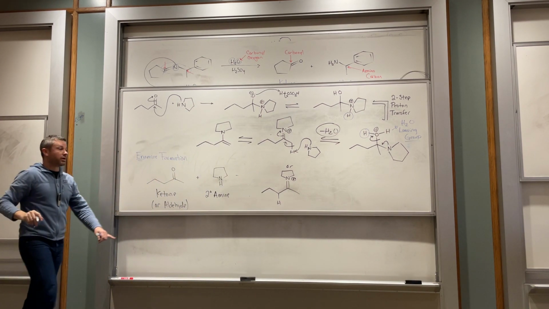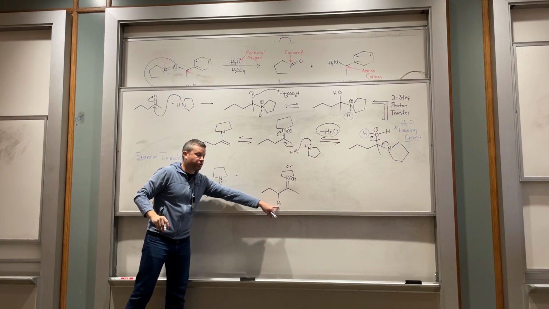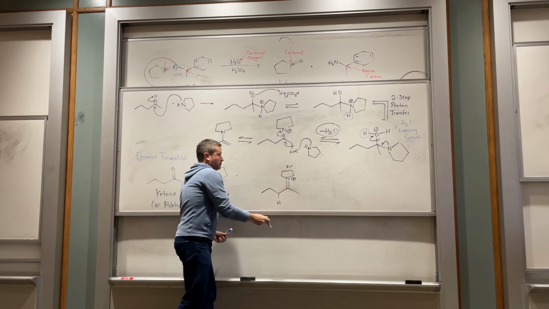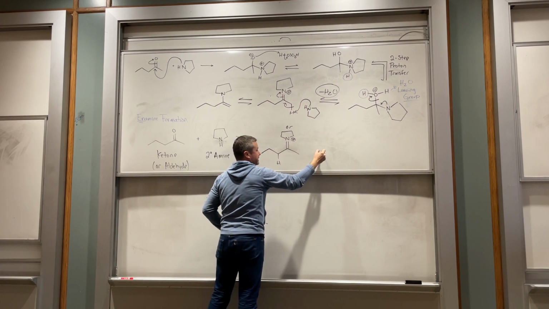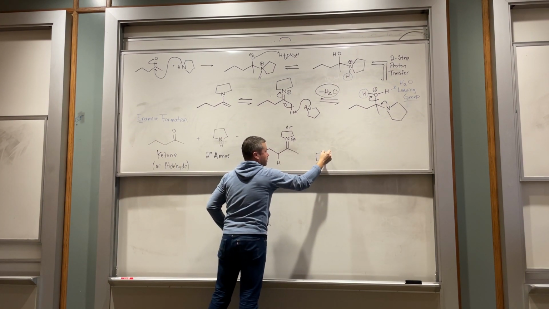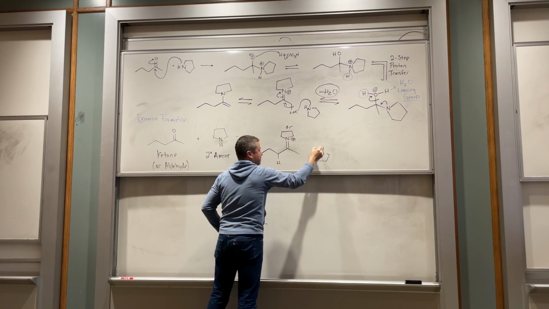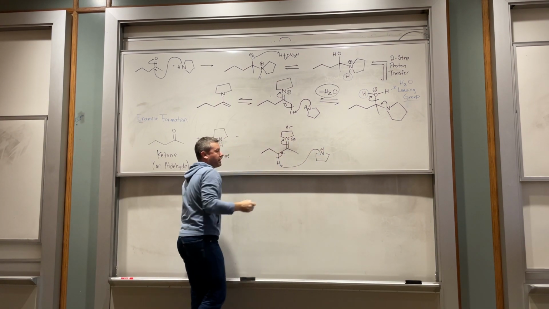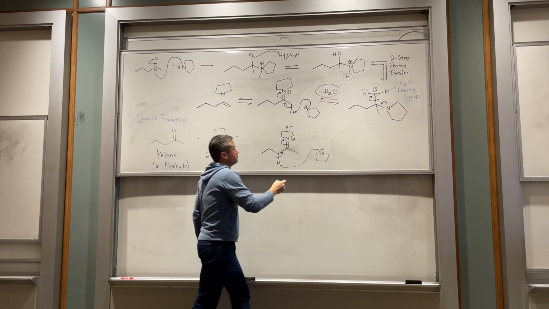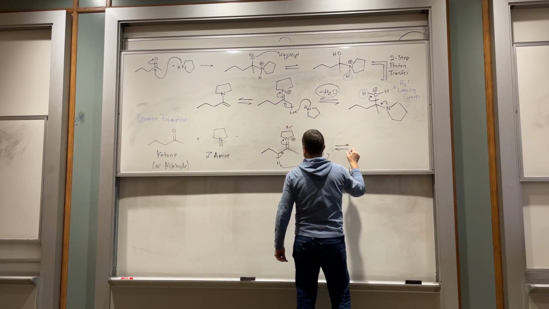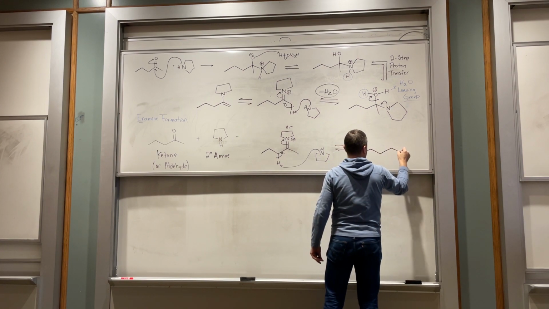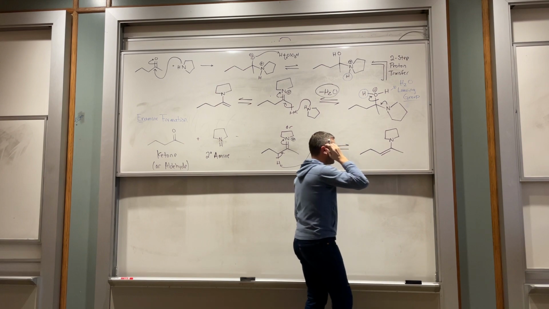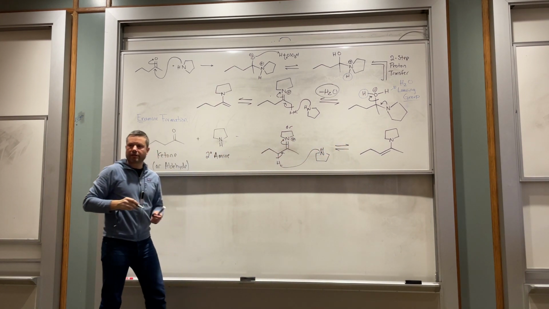To get the other product, we choose to pull a proton from the other side of the amine. Right, so we take our same amine, right, just showing a different proton pull. That's going to get us our